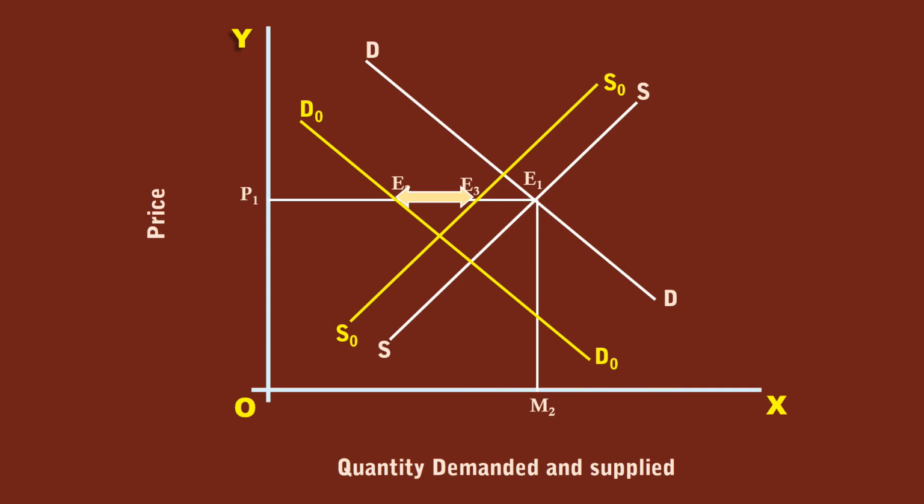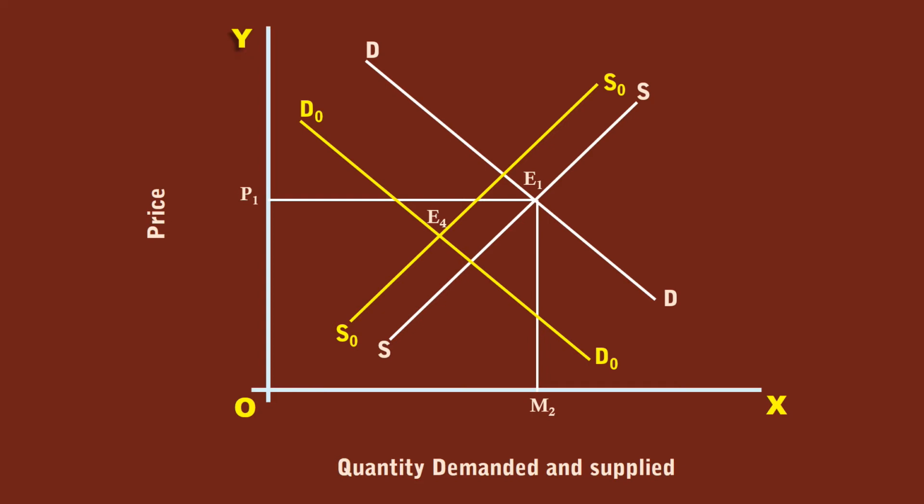At the existing price, the sellers want to supply E3 units, but the consumers want to buy E2 units. The sellers compete with one another by willing to offer the product at a lower price. They move down along the supply curve S0 S0. As the price moves down, the buyers expand the demand by moving down along the demand curve D0 D0. At last, a new equilibrium is reached at E4 where new demand curve D0 D0 cuts the supply curve S0